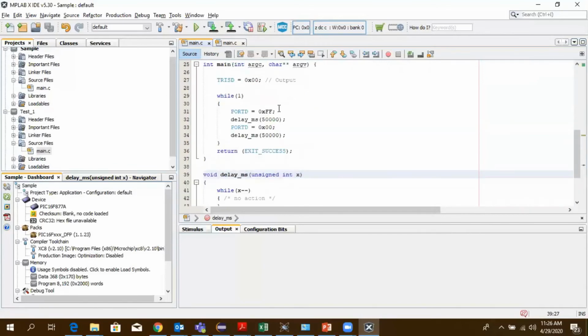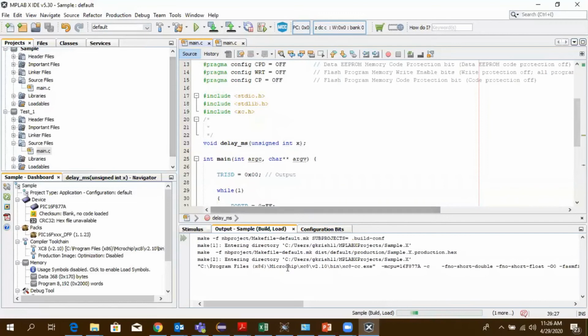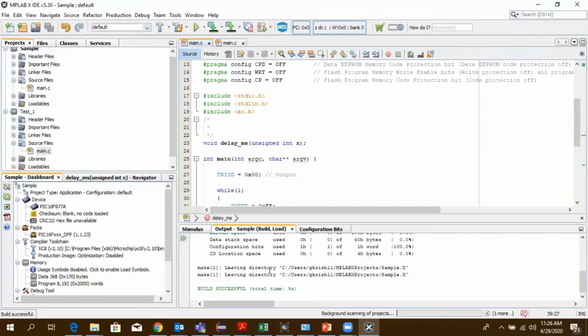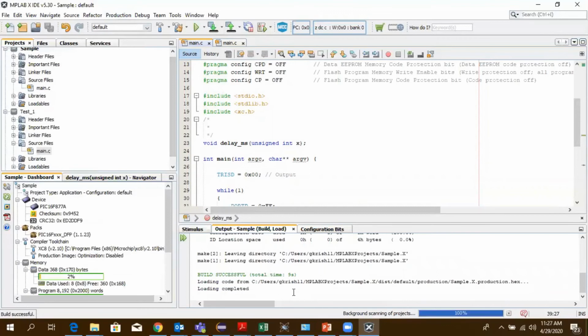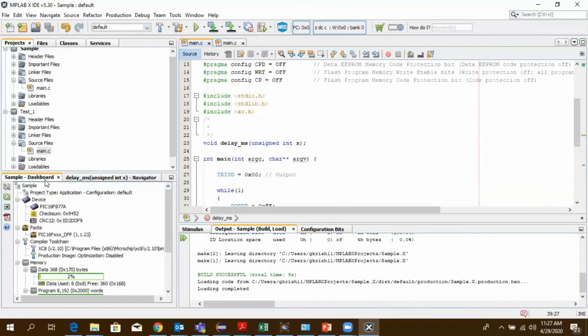Okay, so I have written the code. Now to compile it, just do a build main project. So the build is successful. If you look here on the left side, there's a dashboard.